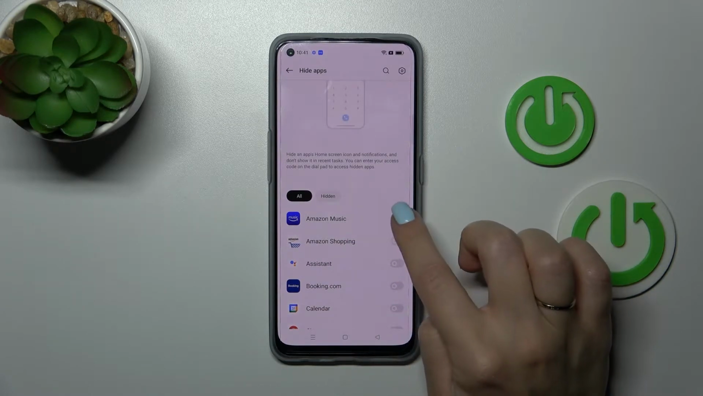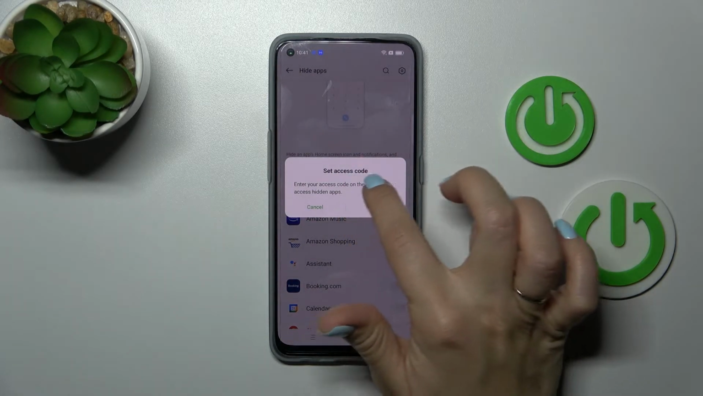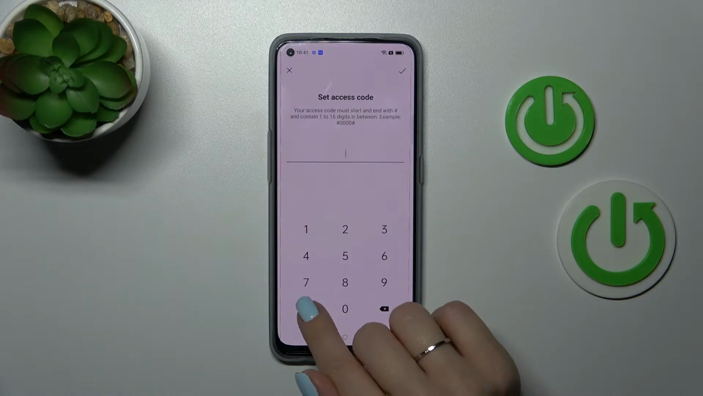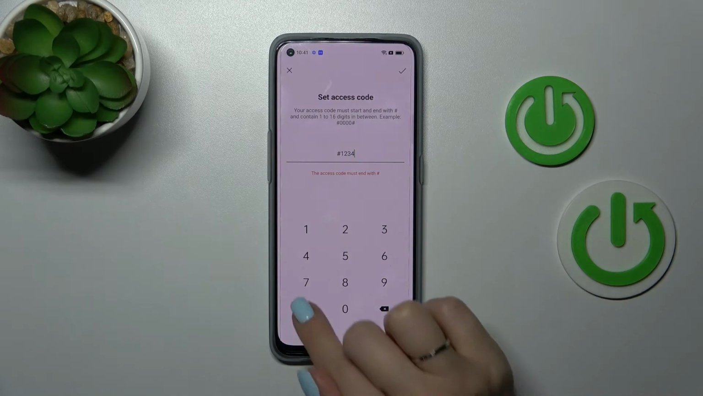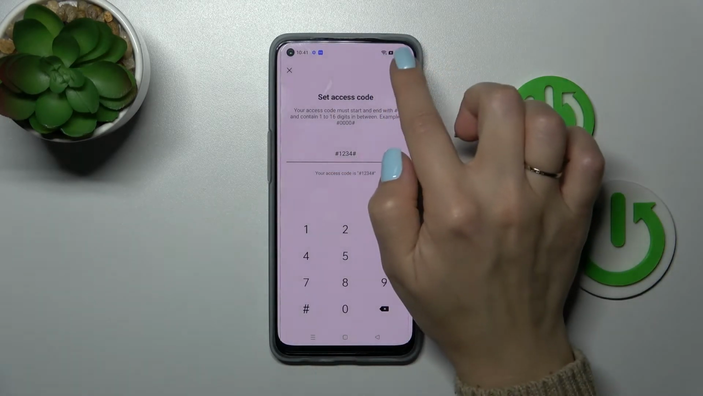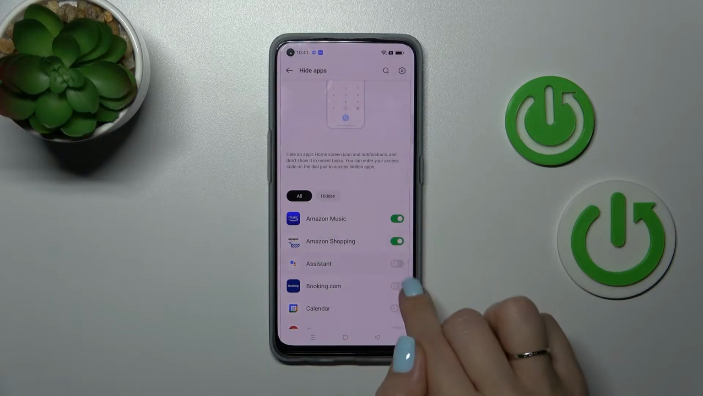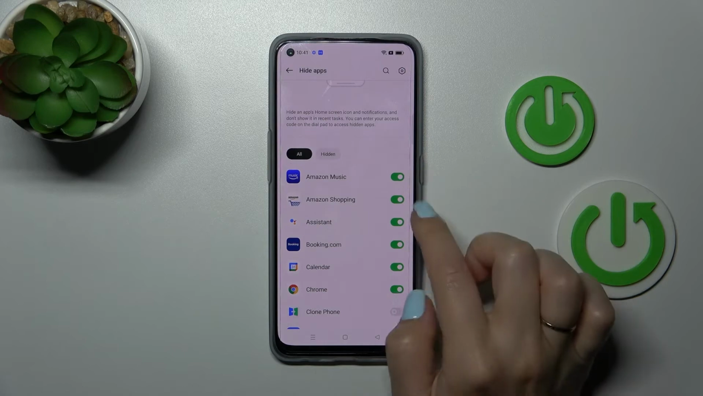So to hide an application you should click here once on the switcher, but before that we should set the access code. So let's click here on the settings, and now I'll use for example the code from 1 to 4. Click here on the right upper corner. After that tap Done, and now we can see that all of these applications, for example I selected these 6